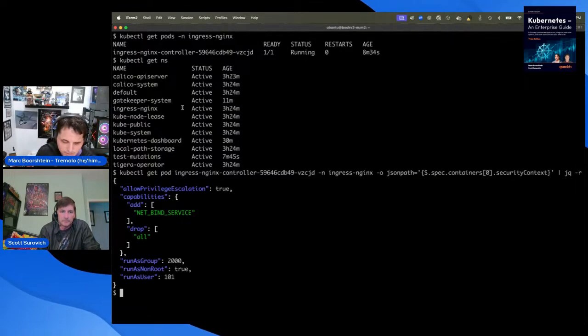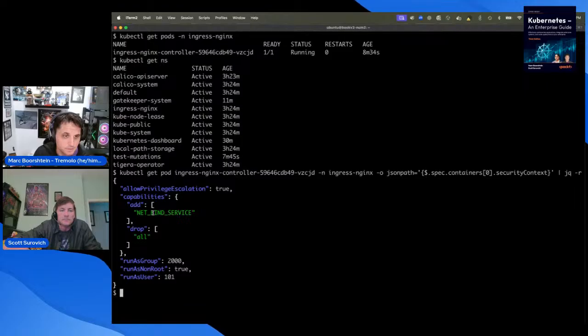So anyhow, let's go ahead and grab the name of the container that is violating it. All right, so we can see here that we are in fact dropping all capabilities, but we're adding NET_BIND_SERVICE. That is the capability in Linux that lets me run an unprivileged process on a privileged port.